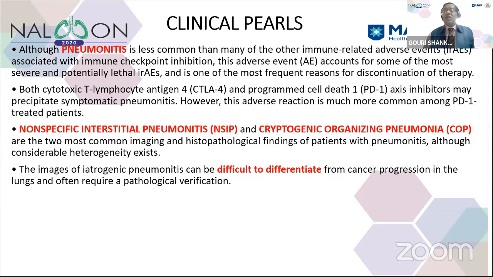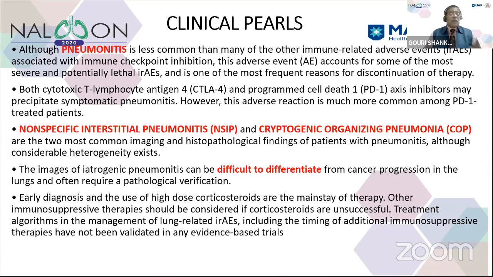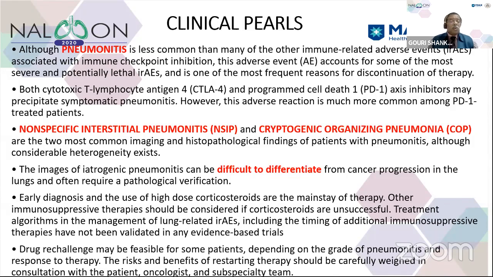As in the PACIFIC trial, with radiation, please remember this phenomenon seems to be on the higher side, so keep that in mind. Early diagnosis and use of corticosteroids are the mainstay of therapy. Other immunotherapy services should be considered if corticosteroids are not working well. Treat with the algorithm, which I'll show you all. Drug re-challenge may be reasonable for some patients with pneumonitis, but the risk and benefit should be weighed in a